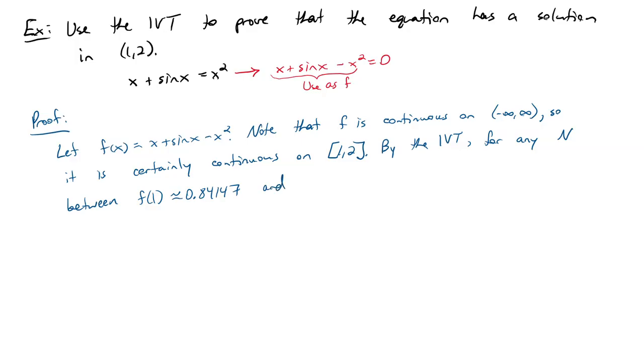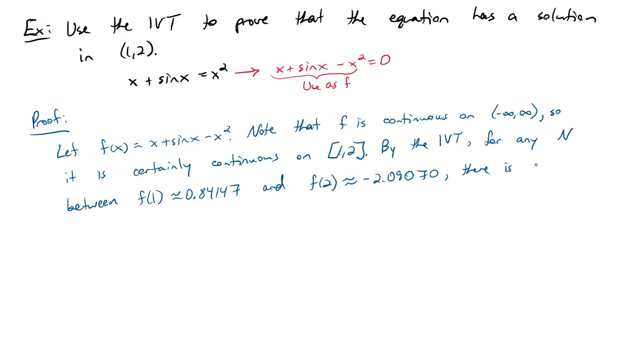For any n between f of 1 equals 0.84147 and f of 2, which is approximately negative 2.09070. When you're trying this yourself, make sure your calculator's in radians mode since you're taking the sine of your x values. Okay, so the theorem says for any n between those two outputs,